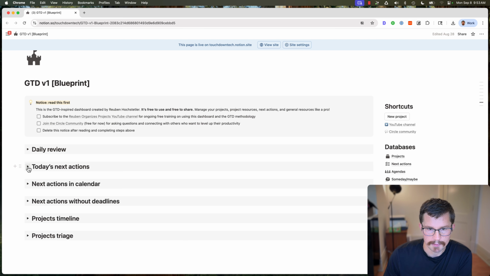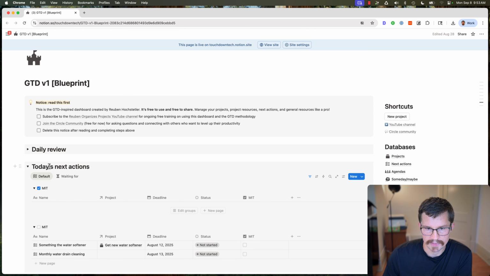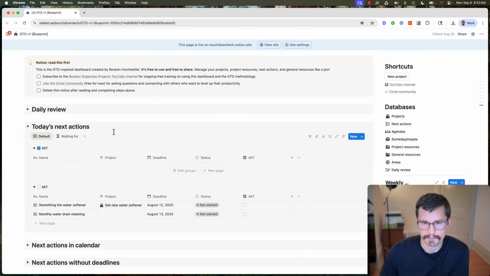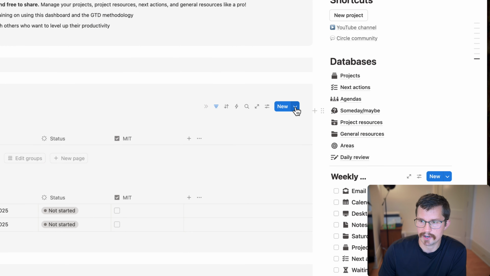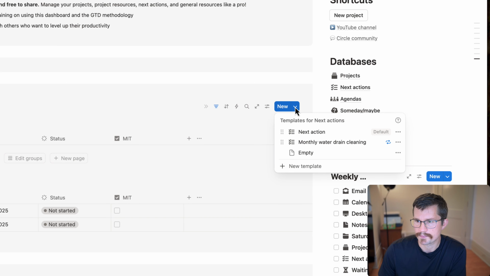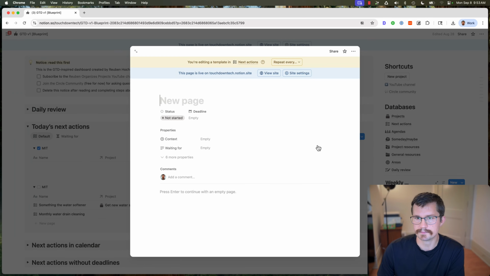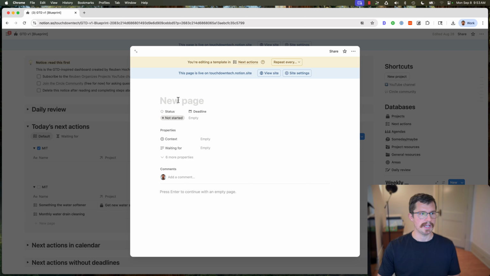So I'm going to open up my next actions panel here. I could also do it just by going to the next actions database. It'll be the exact same functionality, but basically click on the little drop down beside new, and then we'll see a list of our templates for this database for next actions, and I'm going to create a new template down here. This will open up a little modal window,